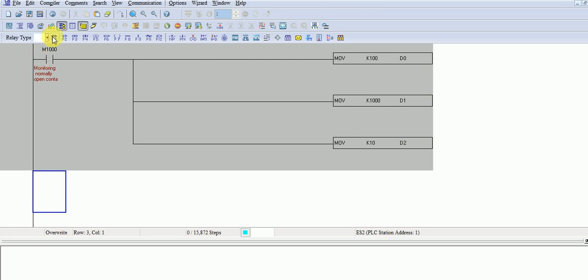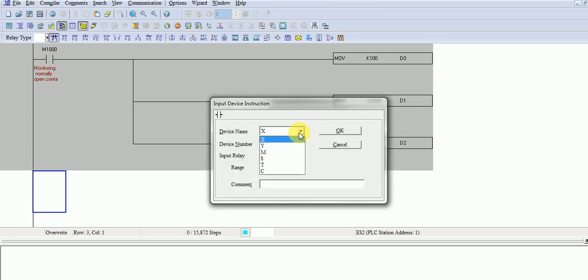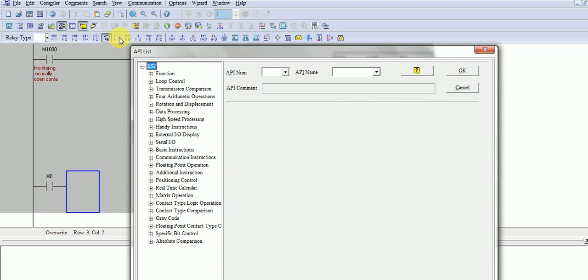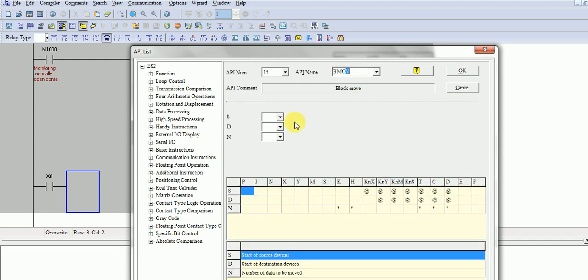Now I take bmove, again M1000. You can take any input, like X0. Now you take the command bmove, which is block move, and here our first parameter is D0 and the second we can take like D6.